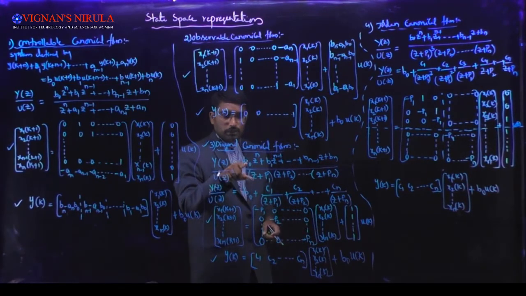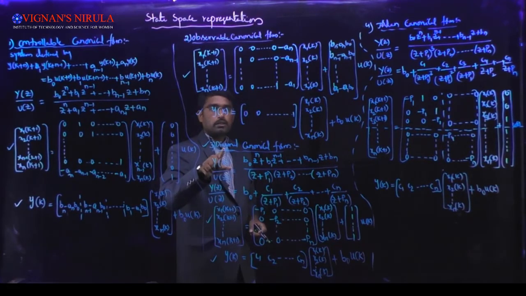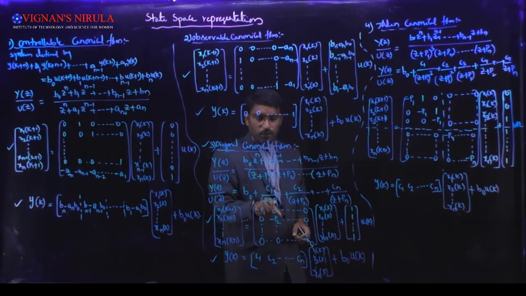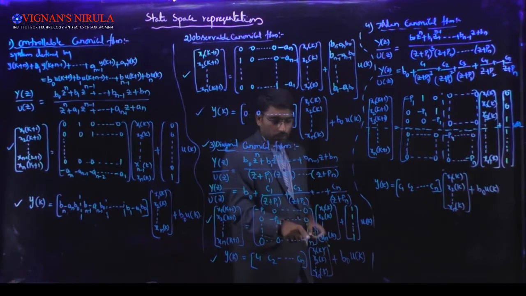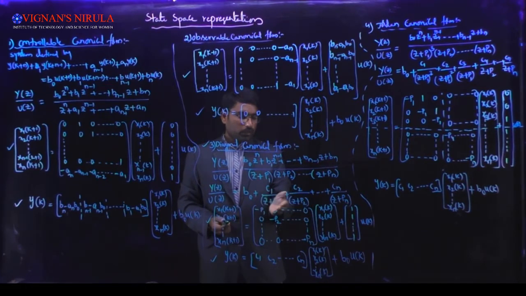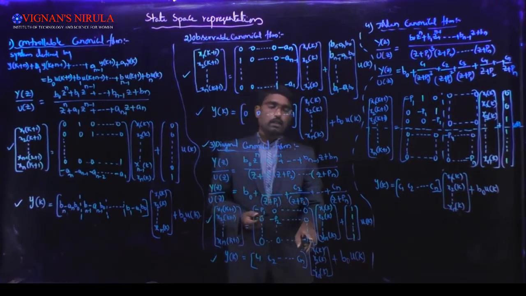If b naught is there in the numerator, you will get b naught over here, otherwise you will not get b naught. And how to write the state space representation by using diagonal canonical form: x1 of k plus 1, x2 of k plus 1 and so on, xn of k plus 1 equals to the state matrix. All the simple poles will appear here, minus p1, minus p2 and so on, minus pn in the diagonal format, and all the remaining values will be 0. If you write the first row, minus p1, the remaining values will be 0, and the remaining values in the first column become 0. The second row is 0, minus p2, all others 0, and so on. The last row becomes all zeros followed by minus pn.